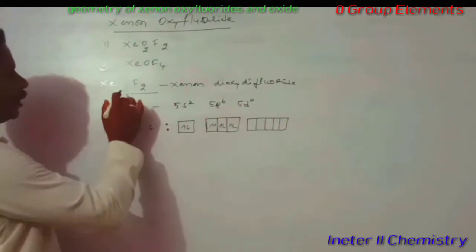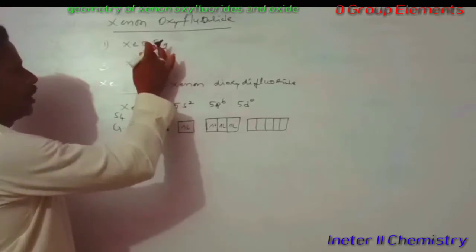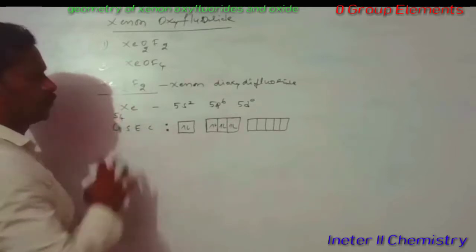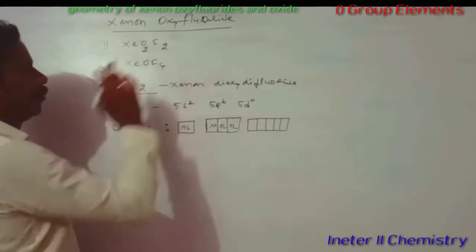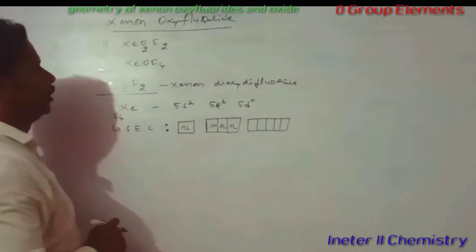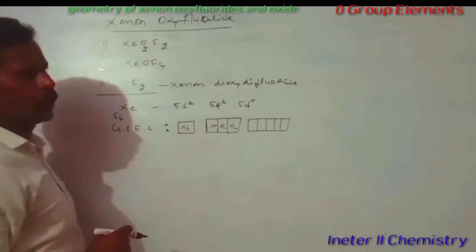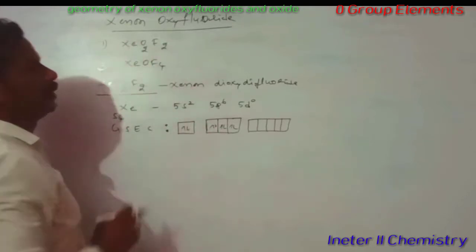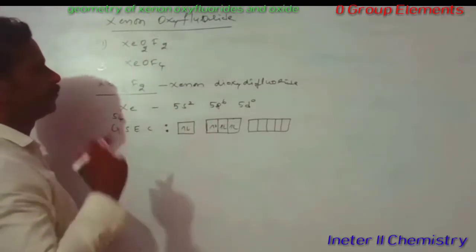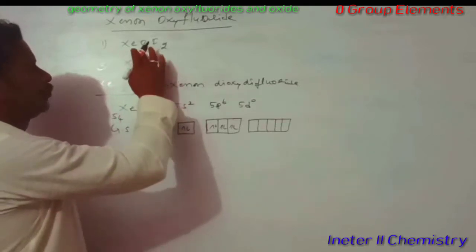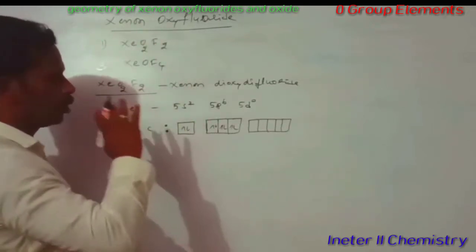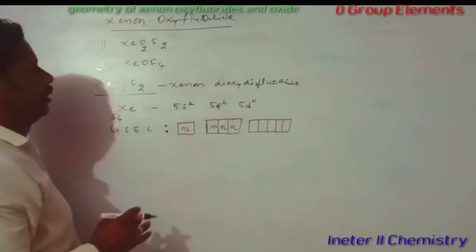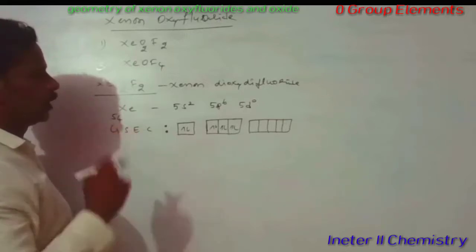So here according to this formula, two oxygens are there and two fluorines. In all compounds, oxygen can form a double bond, and fluorine can form only a single bond. So two oxygens means how many? A double bond means totally 4 bonds. The 2 fluorines can form only single bonds. These 4 and 2, how many sigma bonds or covalent bonds can form in xenon dioxy dichloride? 6 bonds, 6 covalent bonds.